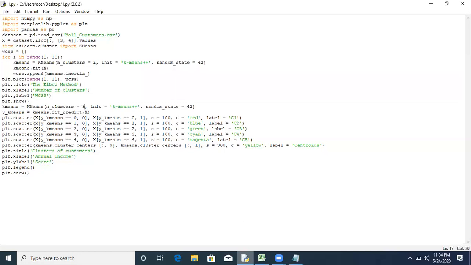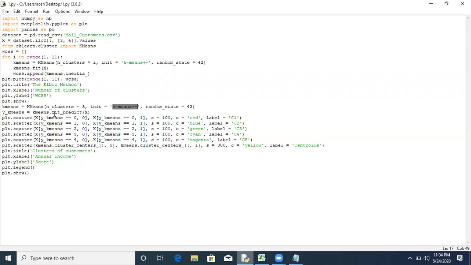So the number of clusters we are taking is 5, and we will run the same thing again. k-means++ is used for the number of iterations: the number of times the k-means algorithm will run with different initial centroids. That is the initialization method we are using, the default method k-means++.